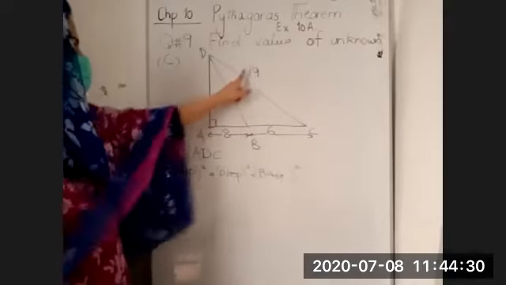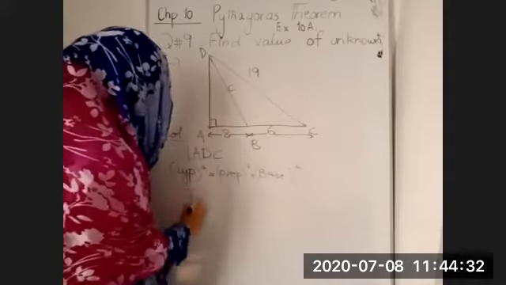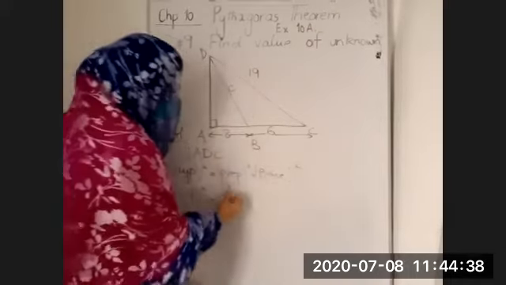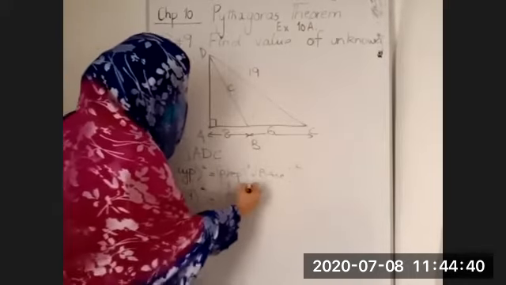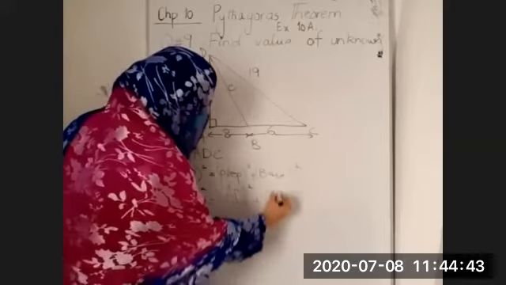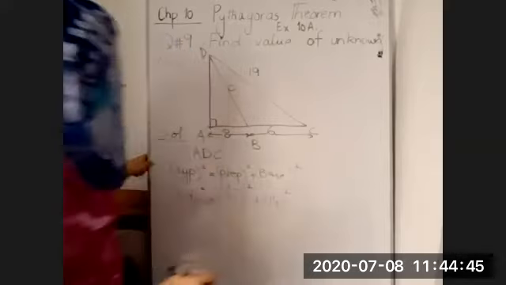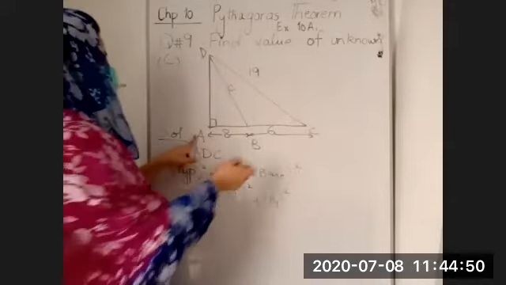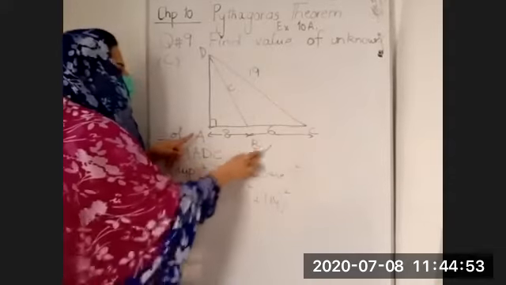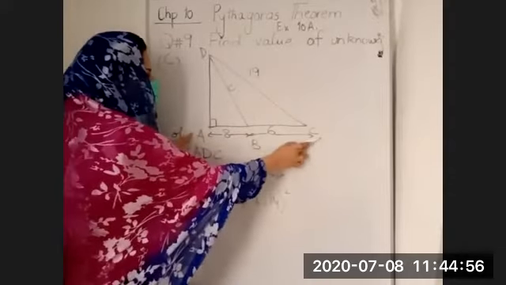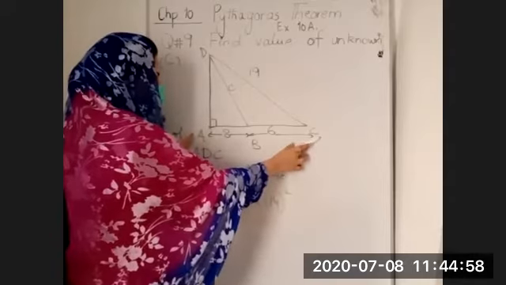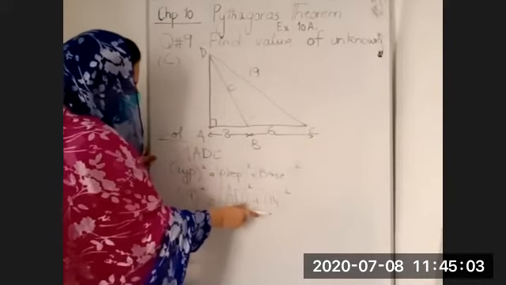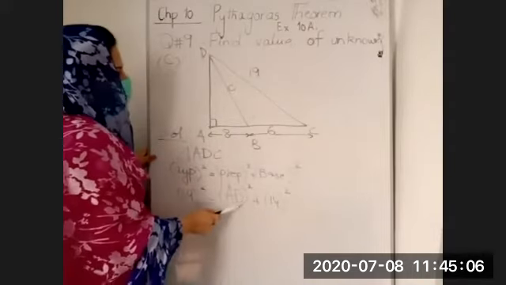My hypotenuse in the triangle is 19. So 19 square is equal to, my perpendicular is AD, which I don't have, so I will write AD as it is. And my base is 14. So 14 square. You will find out the value of AD from this triangle. 14 is the length of complete AC. 8 plus 6 is 14, so we have to take our complete triangle. So complete base, it will be 14 centimeters. So instead of writing base, you will write 14 centimeters square. You have to find the value of AD.